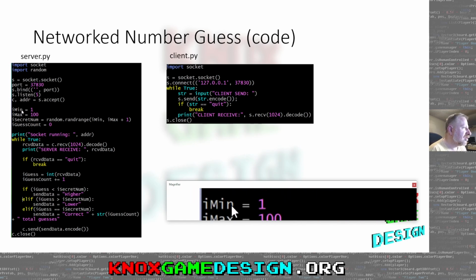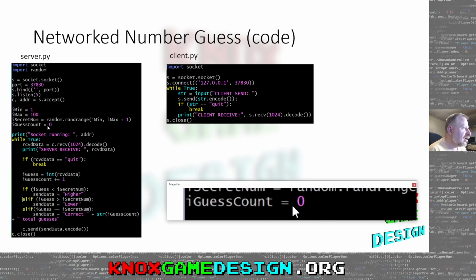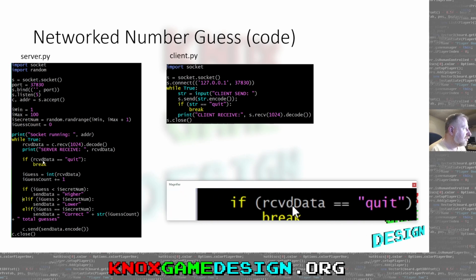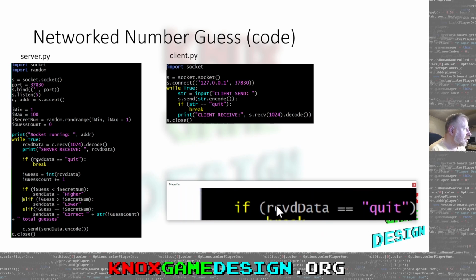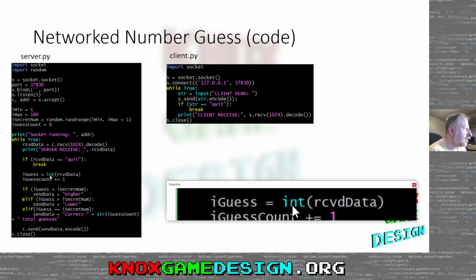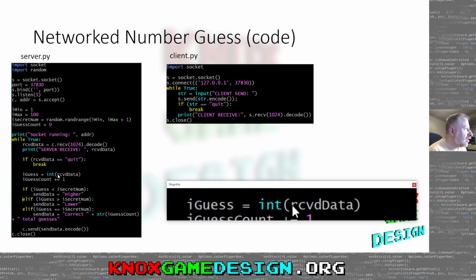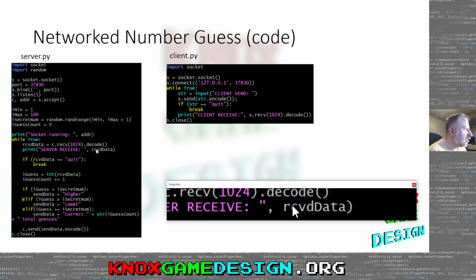So I just basically added the minimum number and maximum number, 1 and 10. This is the same exact code as in our non-network version. There's our socket. Same thing going on here. If we receive a quit, we're going to break. So basically the only change is our guess is going to be the int value, kind of like casting as an int, or atoi, of our received data, the data that the server has received